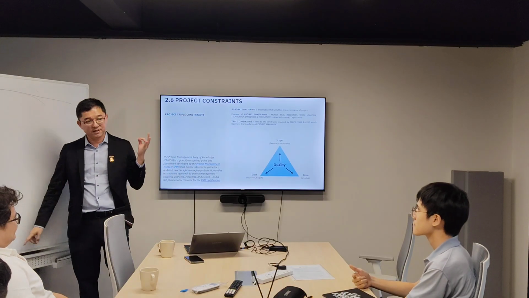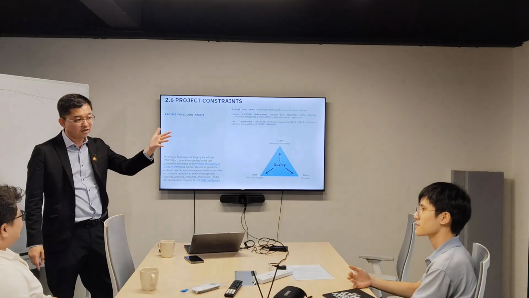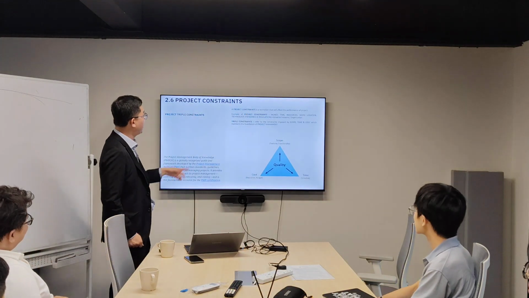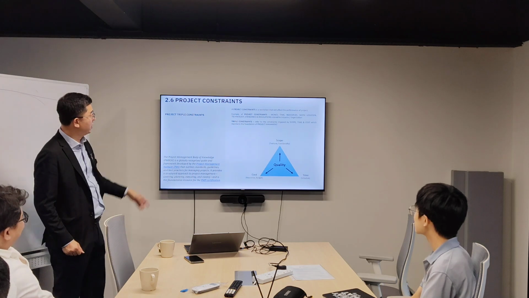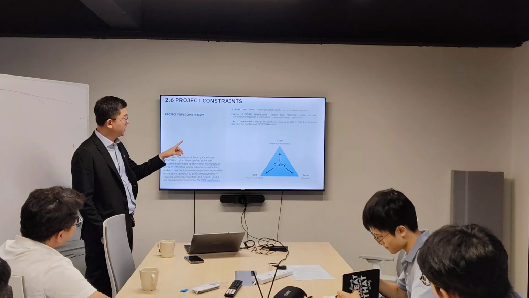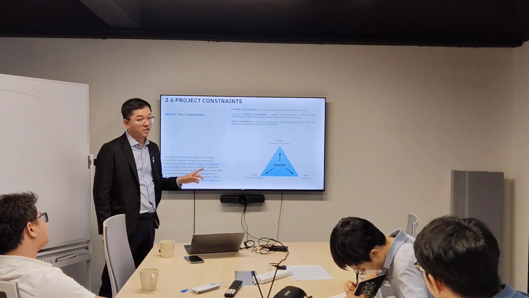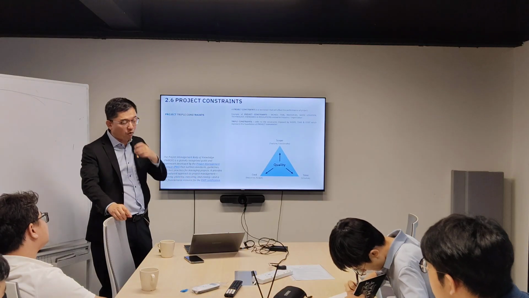Initial, plan, execute, monitoring, and closing. Okay. Just now I always mention about project constraint. Basically, project constraint consists of these 3: what is the scope, what is the cost, what is the time. So basically, if you take up the project management